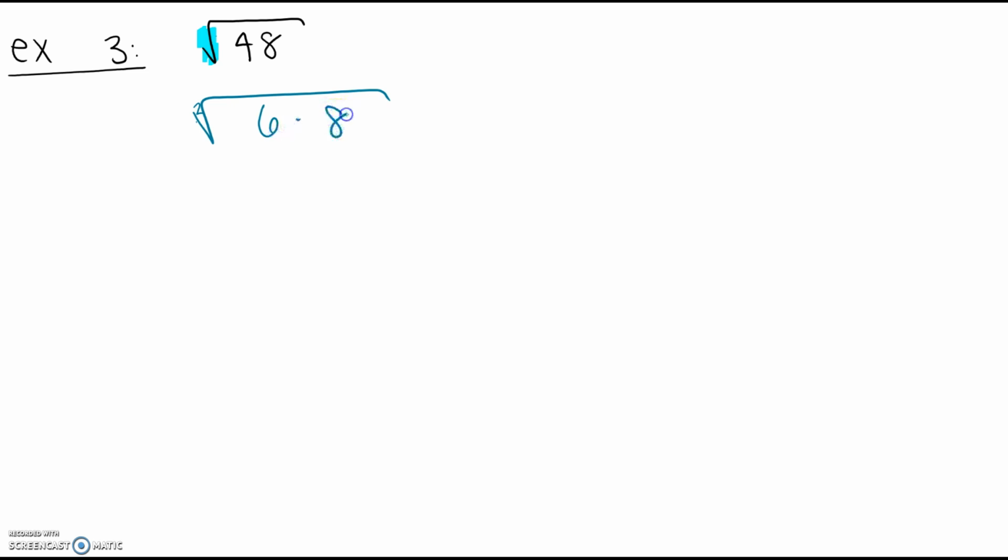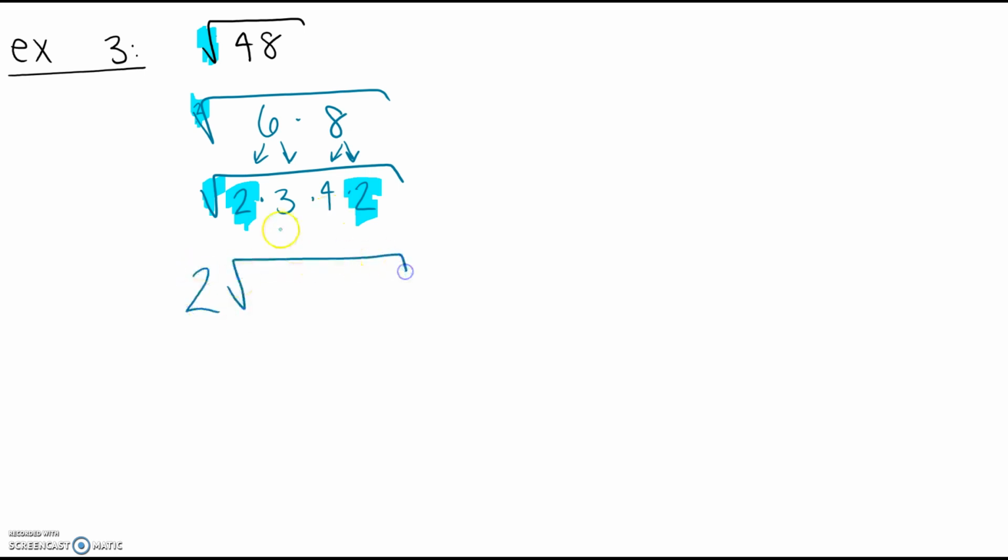Well, 6 times 8. These aren't the same number, so I'm going to keep factoring. What multiplies to 6? 2 times 3. What multiplies to 8? 4 times 2. Now if you notice, I already have 2 things being multiplied, and I'm looking for groups of 2. So what I could do is put a 2 on the outside